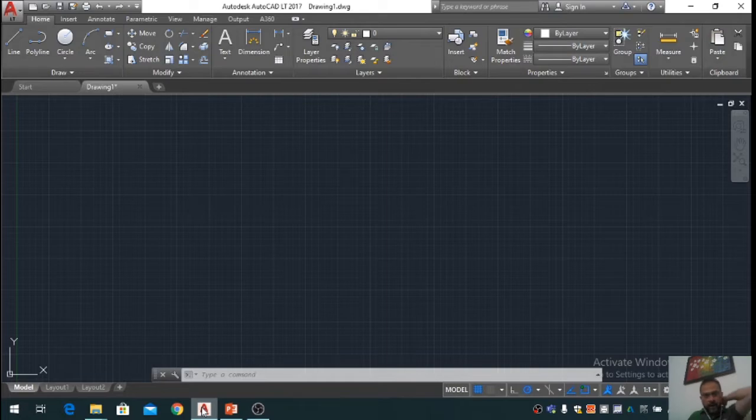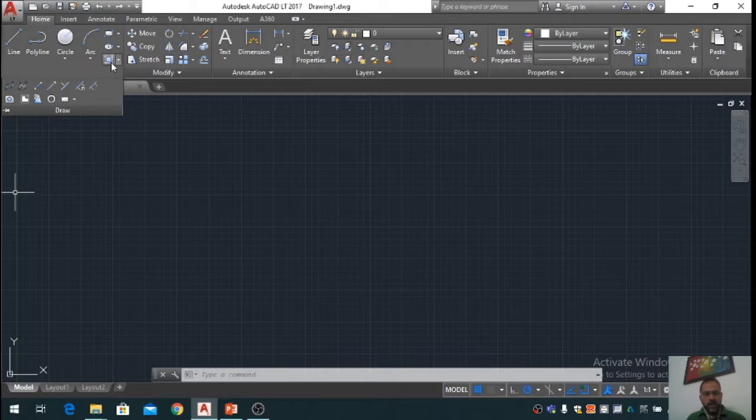This is the AutoCAD editor. This is the 2017 version. You might have a different version, but it doesn't matter much, because we are using only the basic commands in this course. We need to focus on two types of commands. First is the draw commands: line, polyline, circle, arc, rectangle, ellipse and hatching.